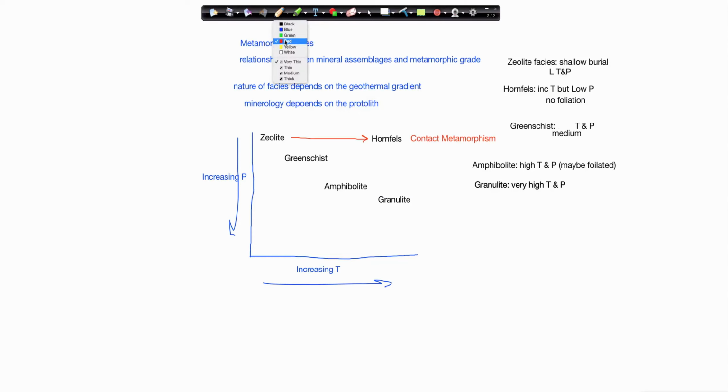So we actually have two metamorphic pathways that run through these. And so I draw two arrows. First one